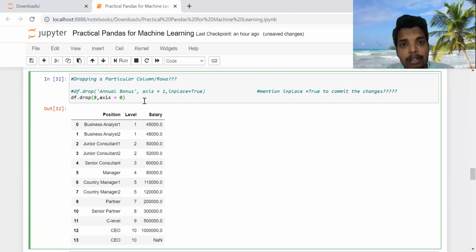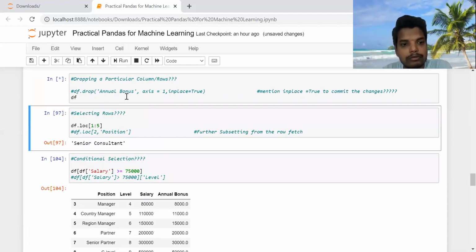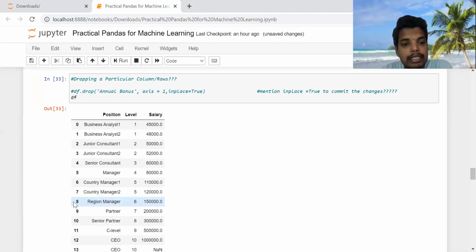For dropping the row, you need to mention after df.drop that particular index, the index which has been assigned. I will show you once again. For the 8th index, region manager was the position.